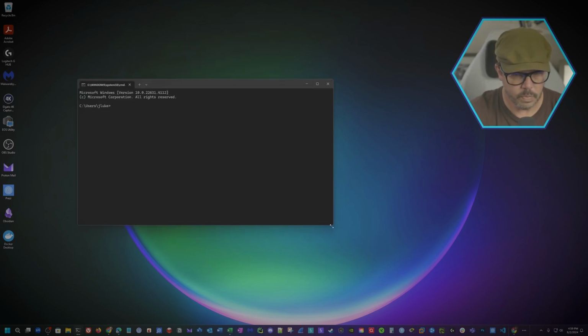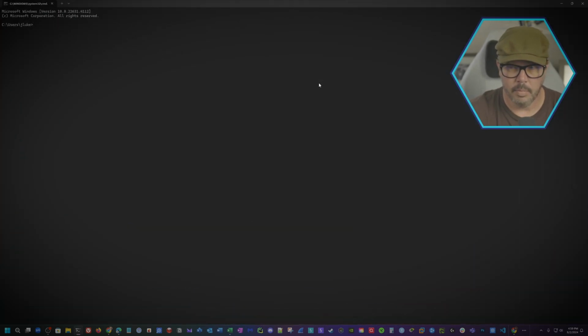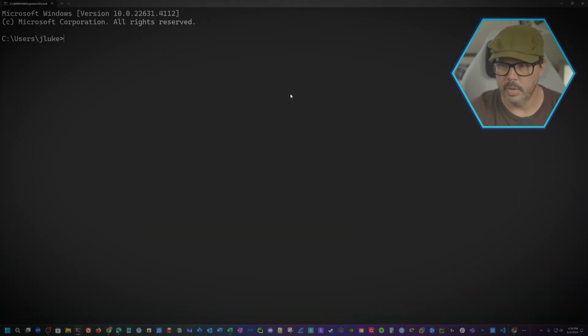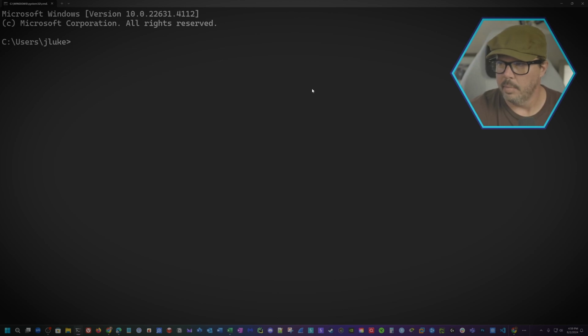Okay? Now, let's start working in command prompt. And let me make this a little bit bigger for you so we can see what we're doing. Now we're going to be working in command prompt. Now, when command prompt opens, because of UAC, what's called User Account Control in Windows, since about Windows Vista, or Windows 7 rather, Windows Server 2008, Windows 2012, those distributions and up have